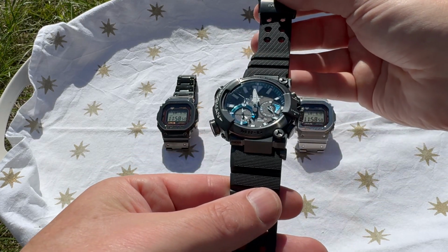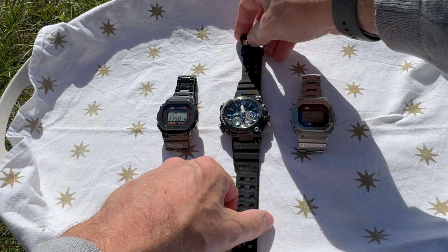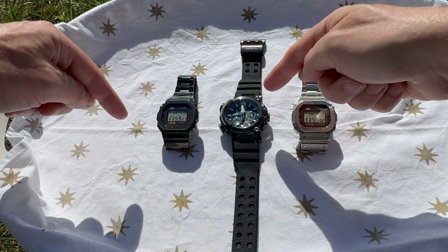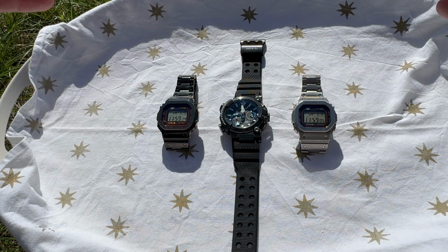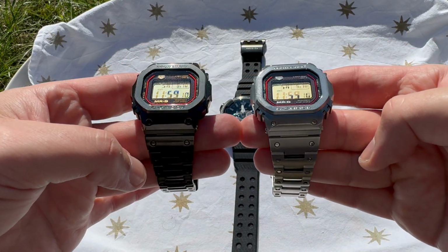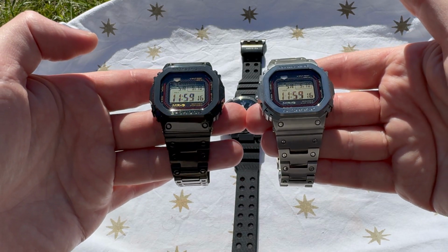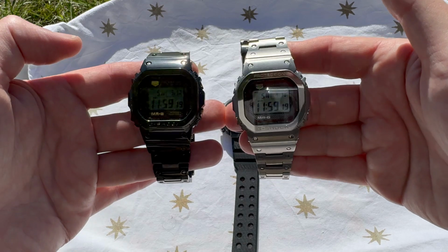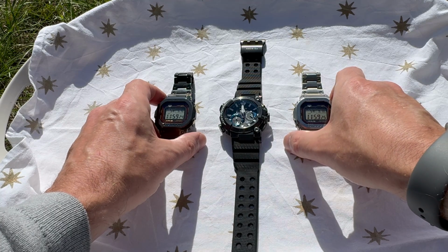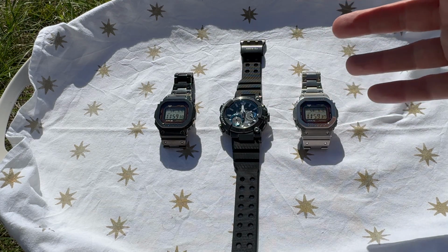So I think this is a real collectible thing for me, and it definitely belongs in my little G-Shock collection, because I think this is all the G-Shocks I have at the moment, the two squares and the frog. But these days, well, actually, in the last couple of years, I said to myself, if I'm going to go down this MRG slippery road, I want to be very, very certain that the ones I get are the ones that I want to keep indefinitely, because I suppose I am a collector. I still make myself laugh when I think, am I a collector or just a geek or an enthusiast? But these definitely feel like